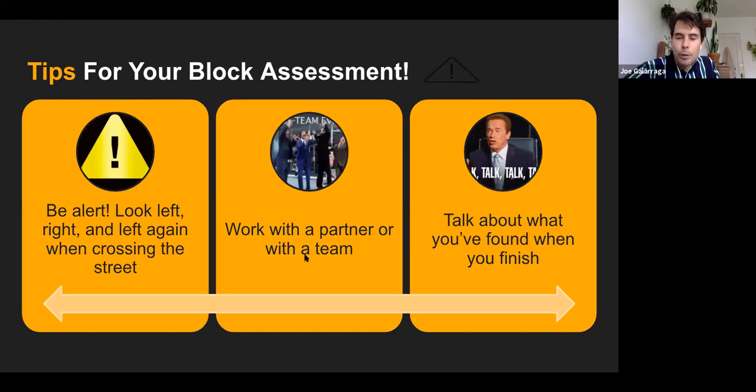It's important to work with a partner or team, I think, for a number of reasons. Maybe so that everybody makes sure that you're paying attention, but also this is a good way to connect with people in your community. Like I said, you can build power through these processes, and also talk about what you finished, debrief, better understand what it is that you are going through, and better understand your environment by talking about it with people.